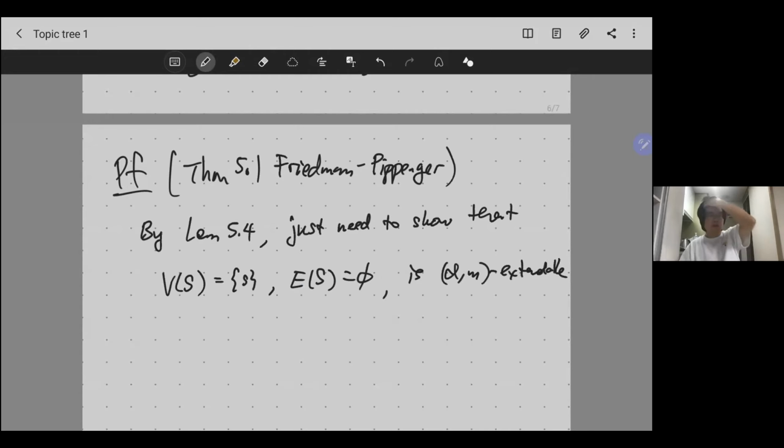Okay, if this is dm extendable, then until S grows to the full tree,